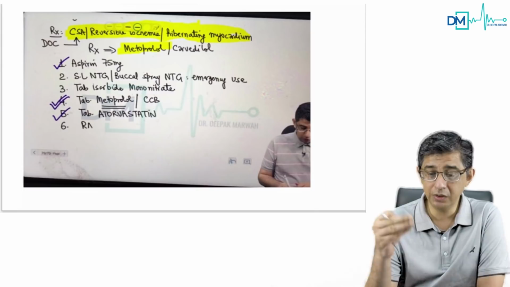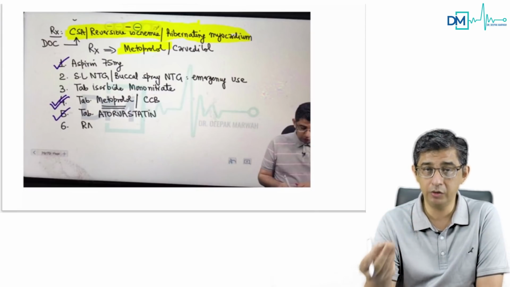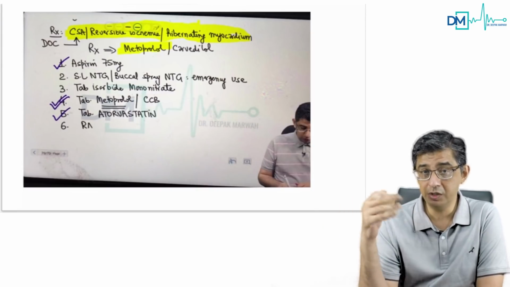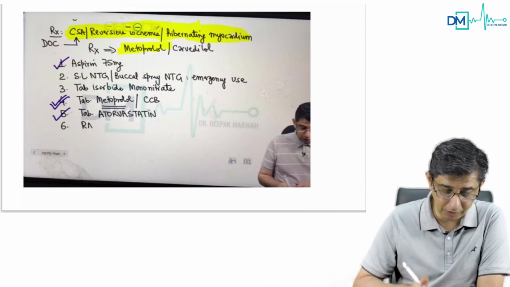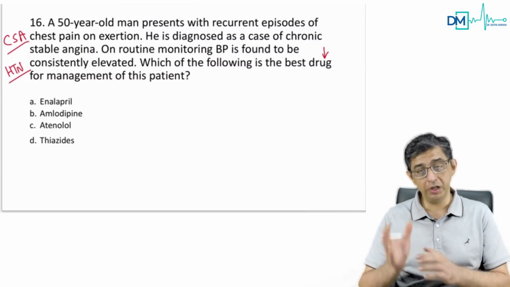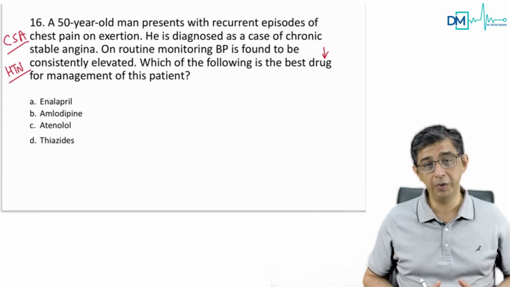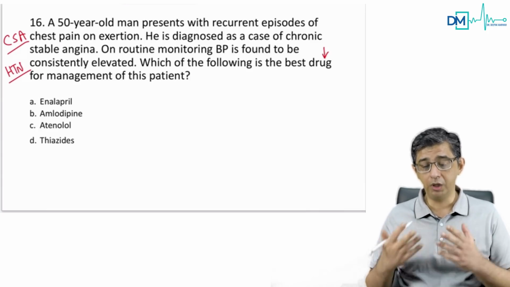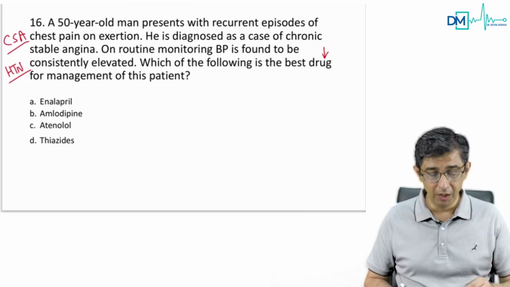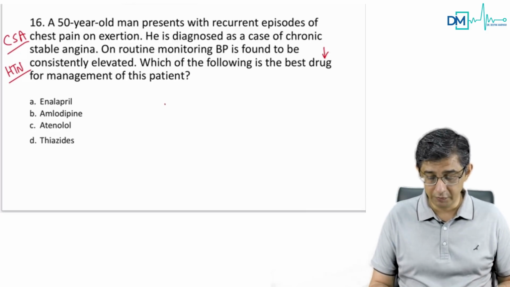In earlier times in the exam, they simply used to ask, what is the drug of choice for chronic stable angina? And this time, instead of asking you drug of choice, they rather give you a clinical history of a chap with chronic stable angina with a risk factor of hypertension. And if you combine the two, the bottom line is, guys, if a chap is having chronic stable angina with hypertension, it's always going to be beta blockers.